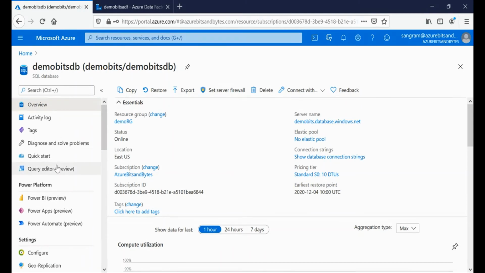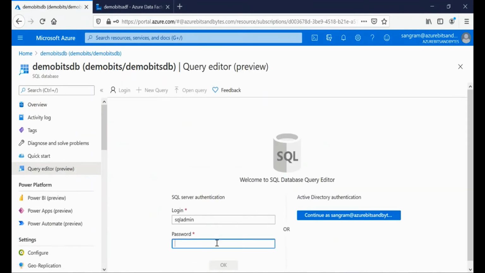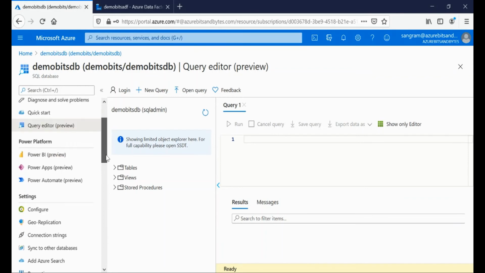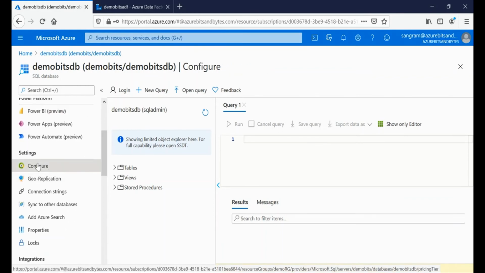Scroll down again and go back to query editor, where I'll again type in my password. And now I should be able to successfully log in to the server. So you can see I was able to connect to this editor in the same portal. You can do the same thing using your SQL Server Management Studio or Azure Data Studio or any such tools that you have. And then there is an option called configure,